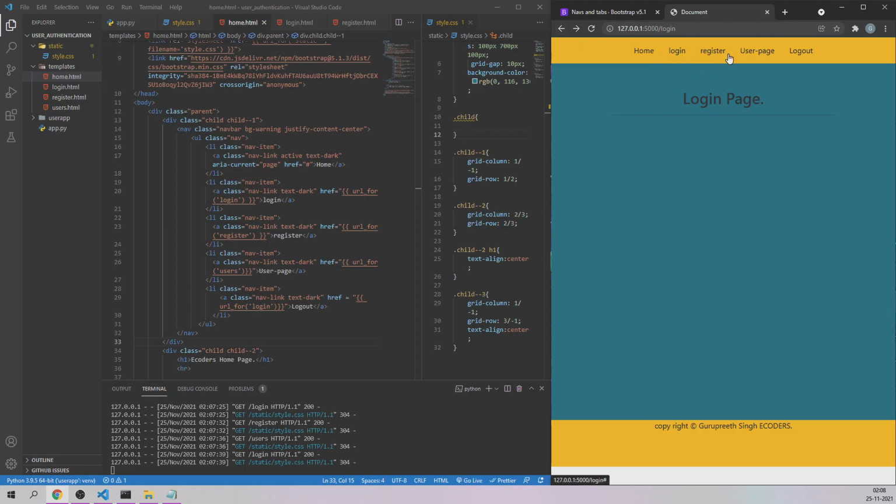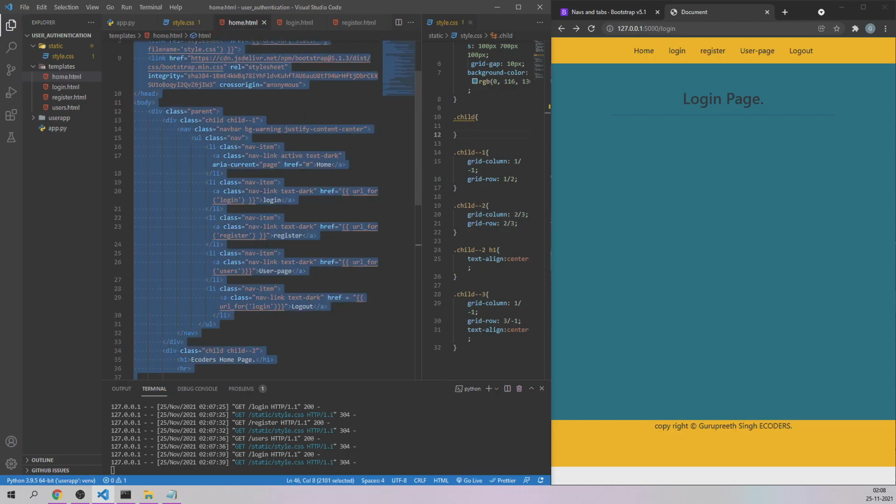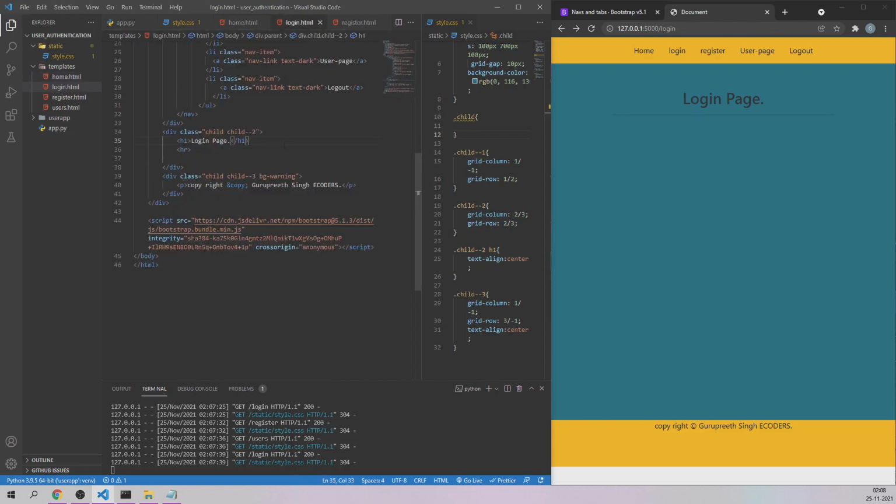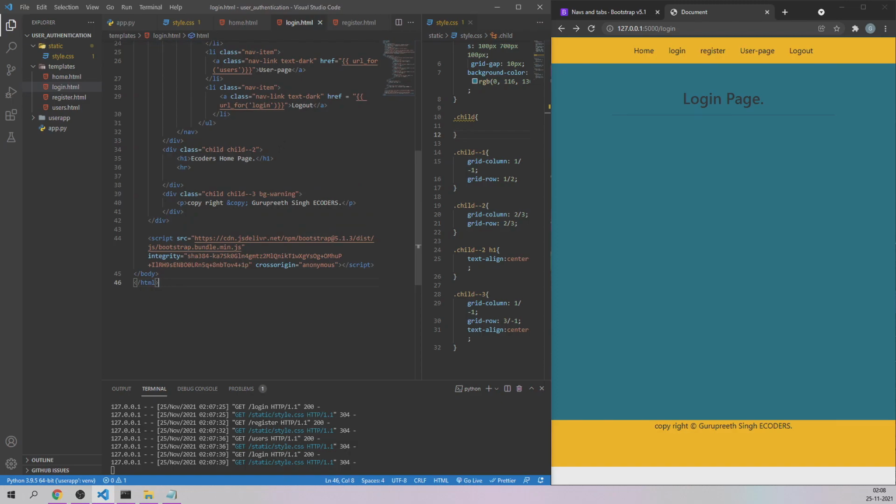Other links are working, and those links I'm going to copy and paste in all the pages. So in the home.html, let me copy the entire page. Let's come to the login page, Control A, paste once again. Let's save it, and instead of this, I'll say decoders login page.